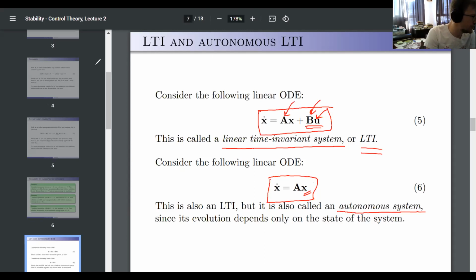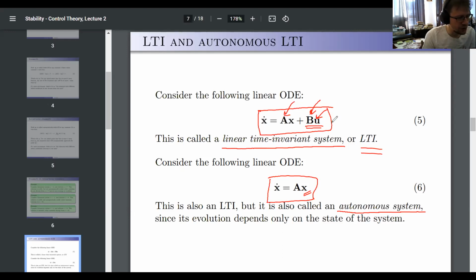Let me quickly see the chat. So is u dependent on time or constant? u can be anything, but again, I will avoid discussing u right now. u can be dependent on time, can be dependent on state, can be a lot of things. Is input u a function of time? Yeah. So as I said,